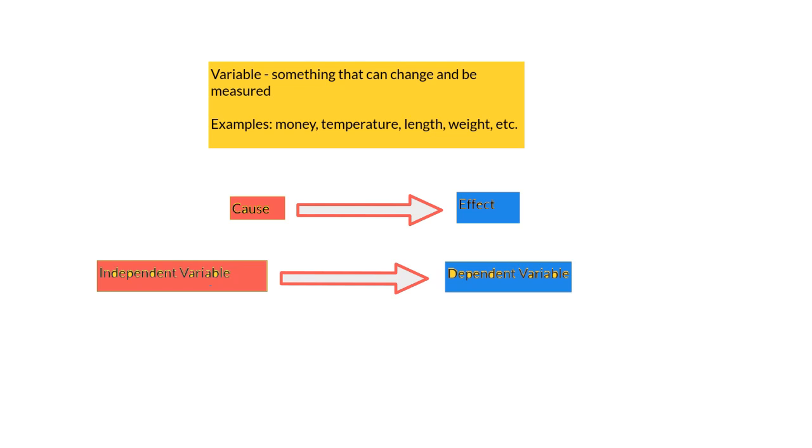In this video lesson, we are going to talk about the difference between independent and dependent variables and how they function when you are working with scatter plots. So some important terminology to know is: what is a variable? A variable is something that can change or be measured. Here are some examples that you might see when you come across scatter plots. Things like money, temperature, length, weight, height, basically anything that you could label on either your x or y axis